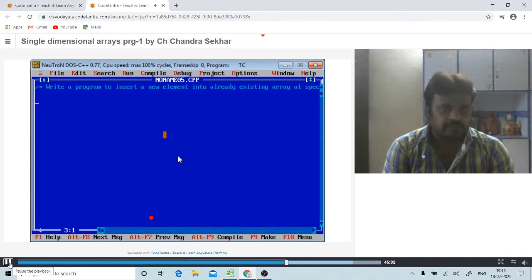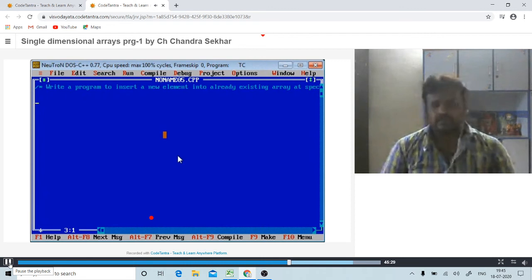We have 0th location 10, first location 20, second location 30, and third location 40. So when I say second position, the output will be displayed like 10, 20, 25, 30 and 40. So that is our program.